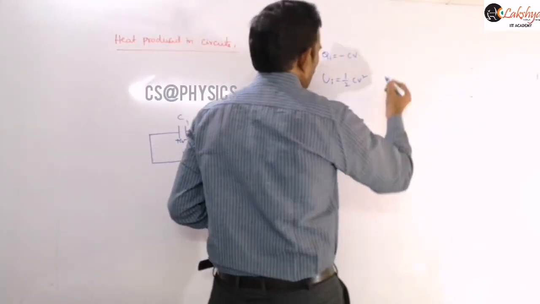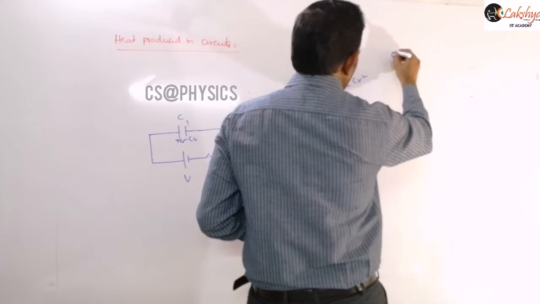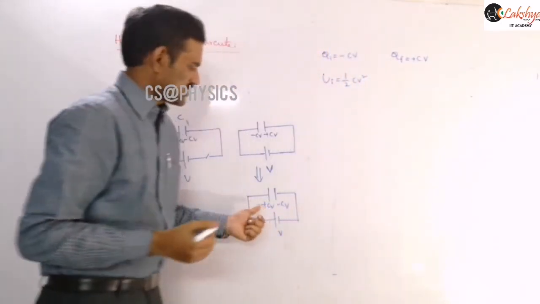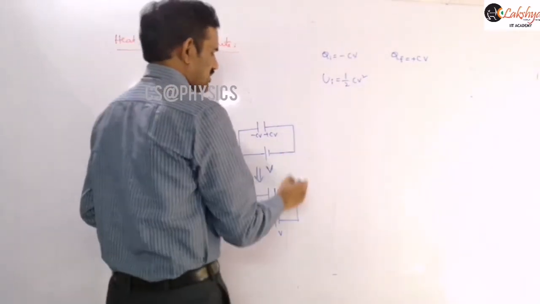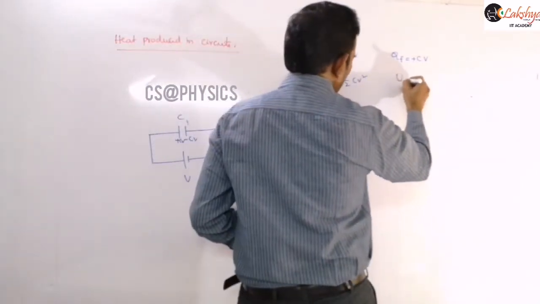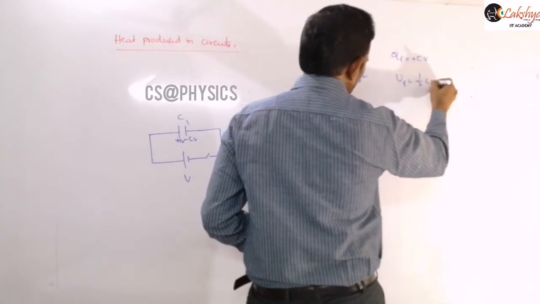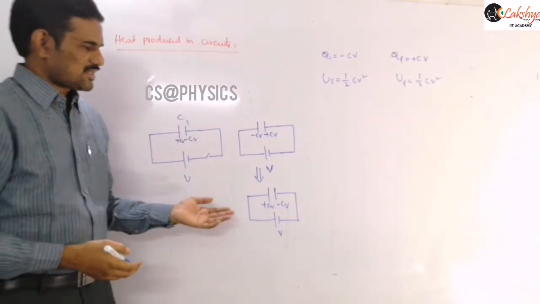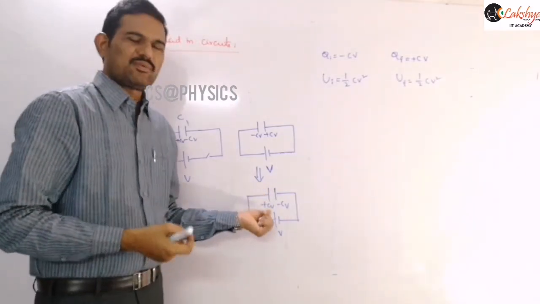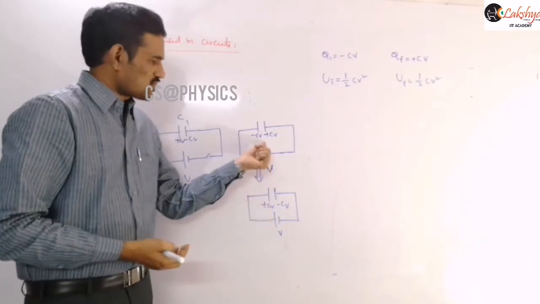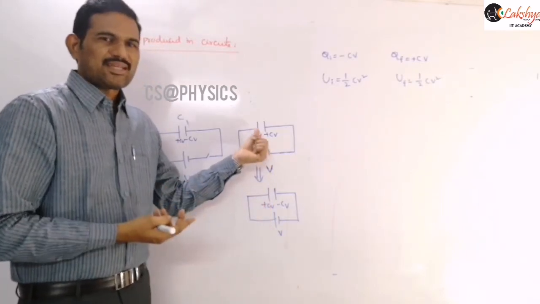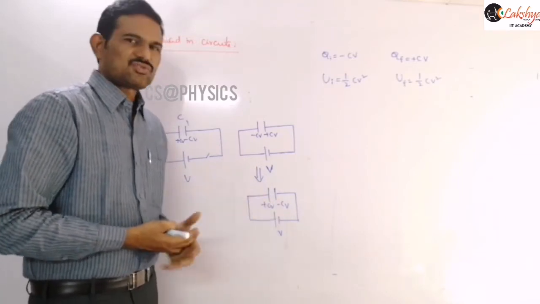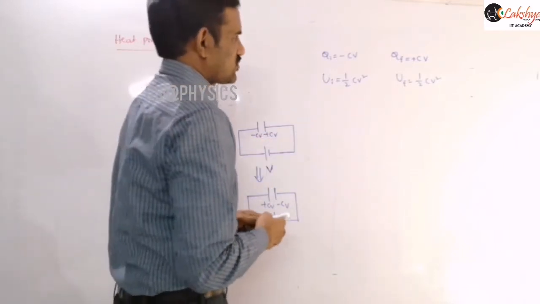Right. Next, similarly, you may consider the final. So the final charge is plus CV, you need to write. So this is the final situation here. This is our initial and this is the final. And so now the final energy stored will still be half CV square only, right? The potential difference across this capacitor will again be V only. Initially also the potential difference is V only, but it is connected with the reverse polarities. But finally also the potential difference between these two plates will be V only. So the final energy is also half CV square.